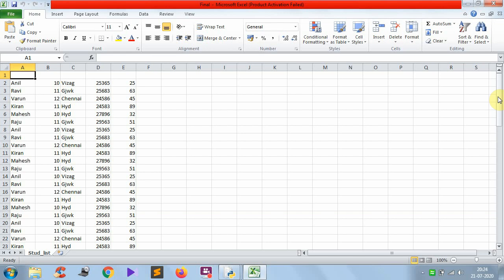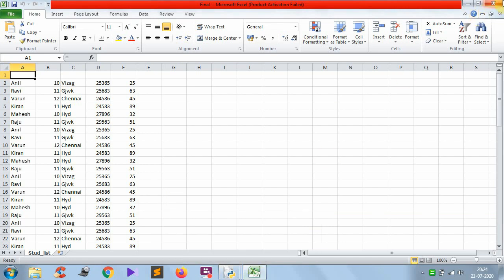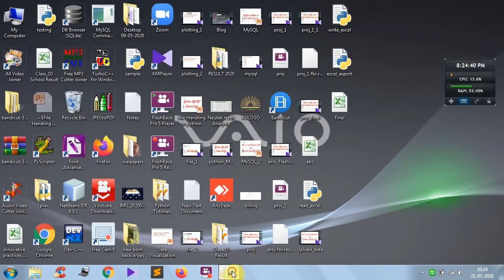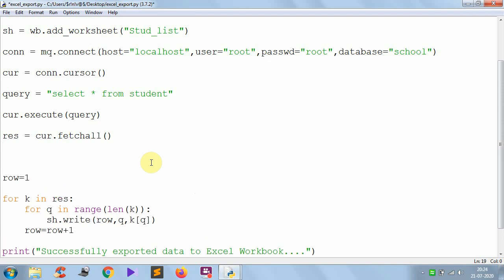So this is how you can fetch the data from the table. But here I want to give the heading. That should also be specified so that it looks nice and anyone can understand your document very easily. Otherwise people may get confused about what it means. So now I want to give the heading also.